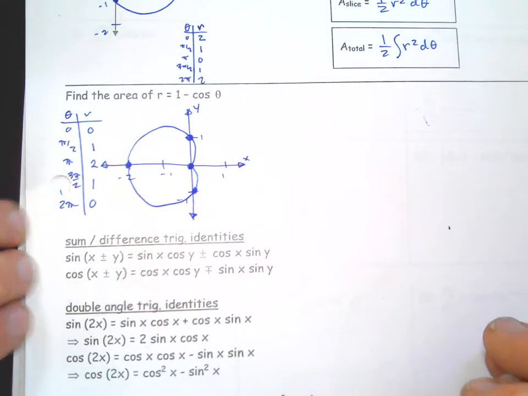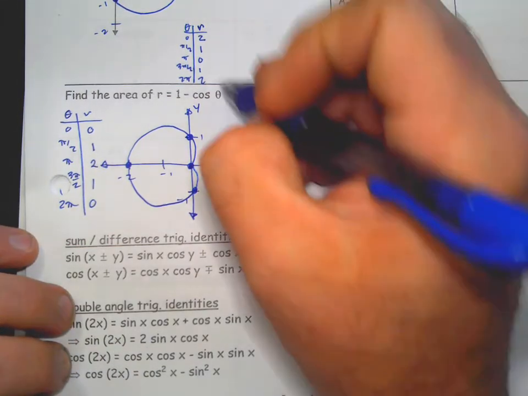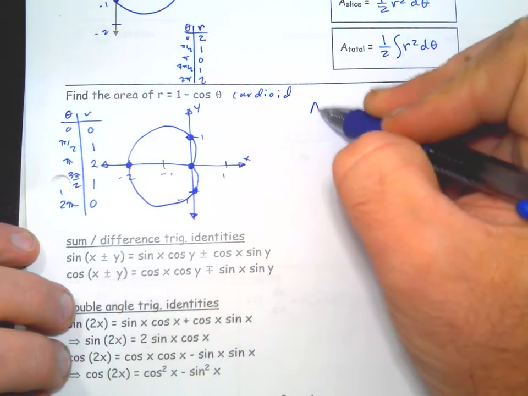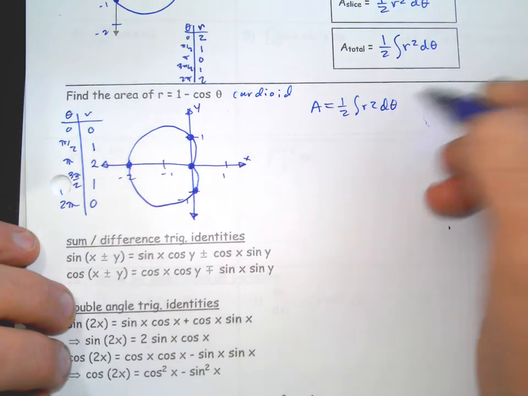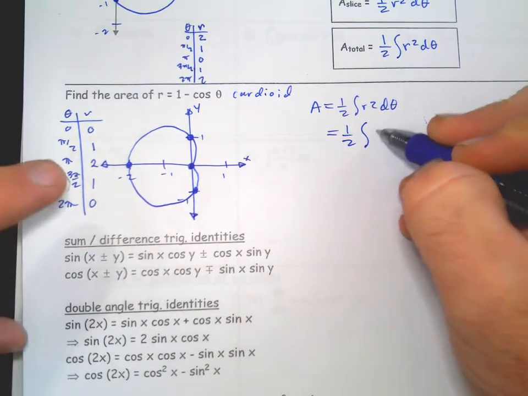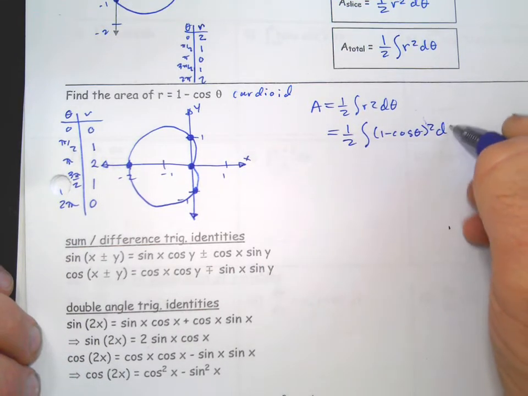Okay. Now, if we want to find the area of it, we just developed the formula for it. This is the area, 1/2 r squared d theta. So for us, it'd be 1/2, and the radius is 1 minus cosine theta, squared, d theta. Now,